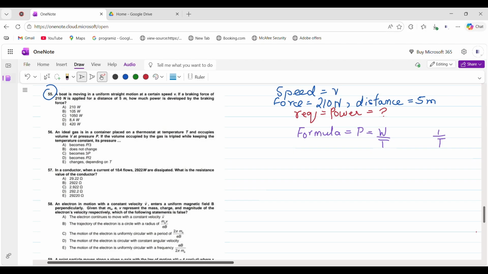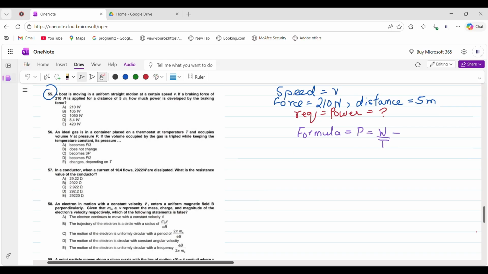So if I break this formula down now, because I have not gotten work in my data, I have not gotten time in my data as well, then how am I going to substitute the values in it? So basically for substituting these values, I have to break this formula down, which is not again as difficult, but I'll try my best to explain you guys. Okay,